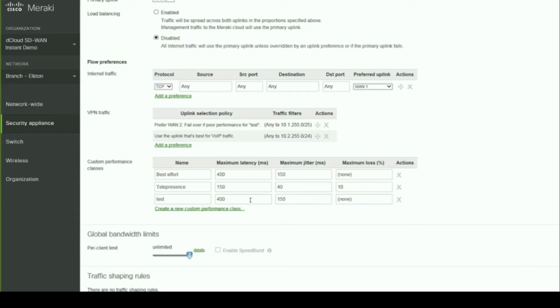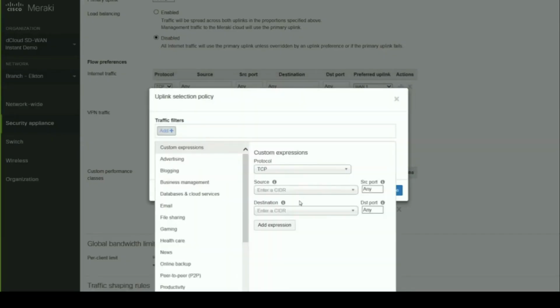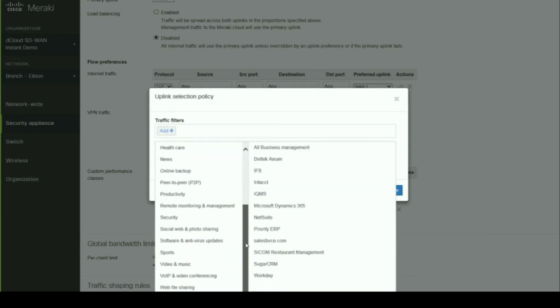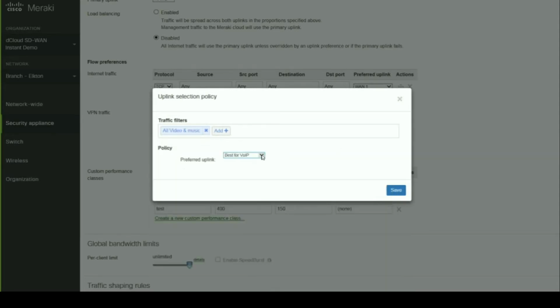If at any point WAN 2 drops below, you know, a latency of 400 and a jitter of 150 milliseconds, we're going to switch over to WAN 1 for all of our traffic. And VoIP, using the MOS scores, is going to use whichever is the best for VoIP. But we can add preferences in here as well. If we have other applications or other networks, we can add our IP addressing in there. But if we want to, we can do it based on applications, so we can have video and music, we can choose all video and music, and then we can simply apply that to